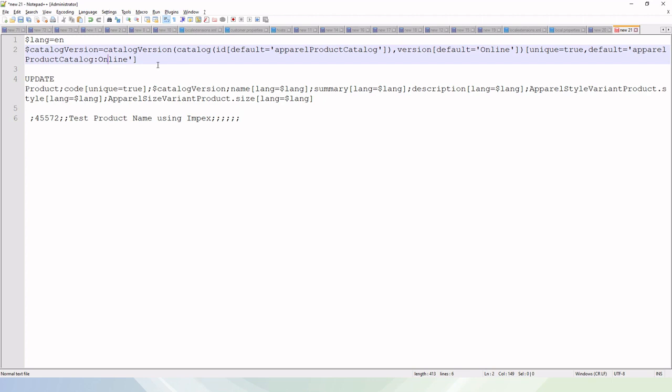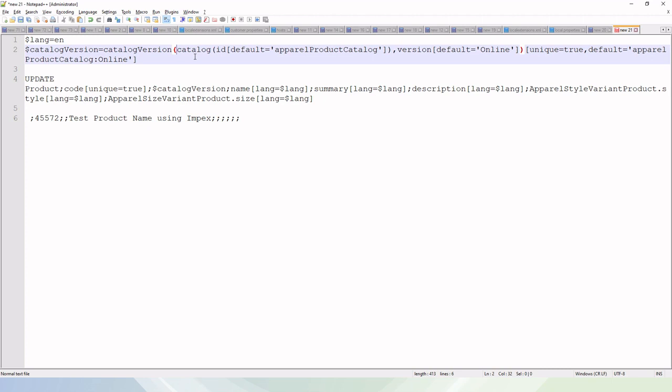Now let's see the other details about this impex. So here we can see this catalog version, and inside this catalog version we have defined a catalog, and we have defined this ID, which is for apparel product catalog, right? So here we are seeing these brackets. The significance of these brackets is that this is referring to another item using the business key.